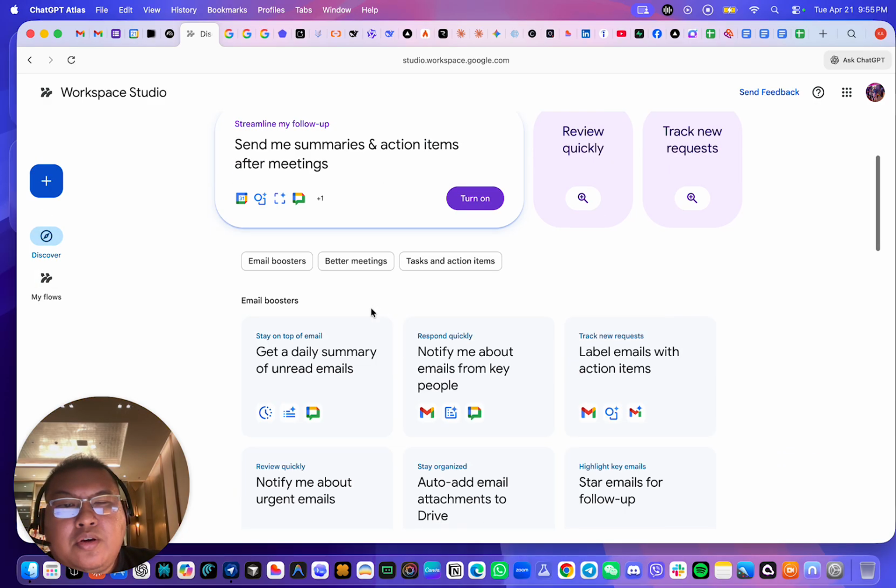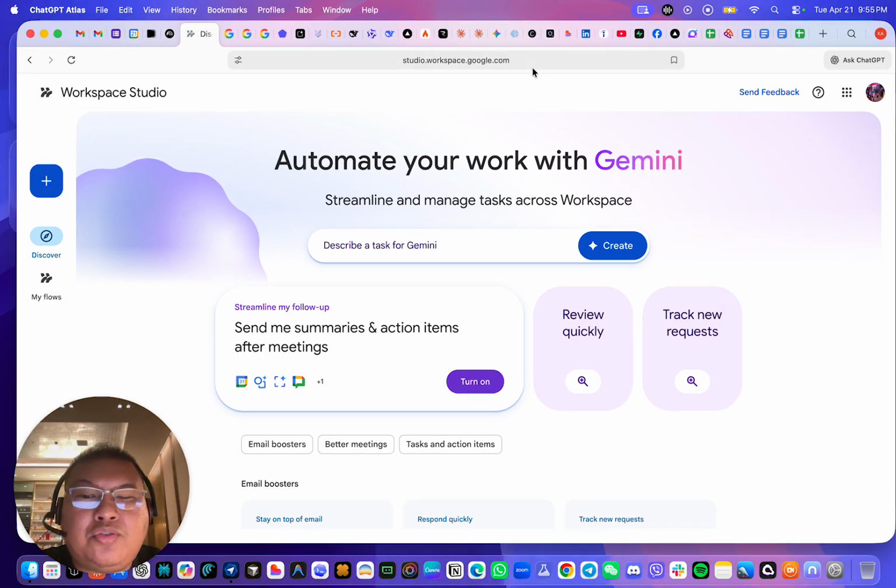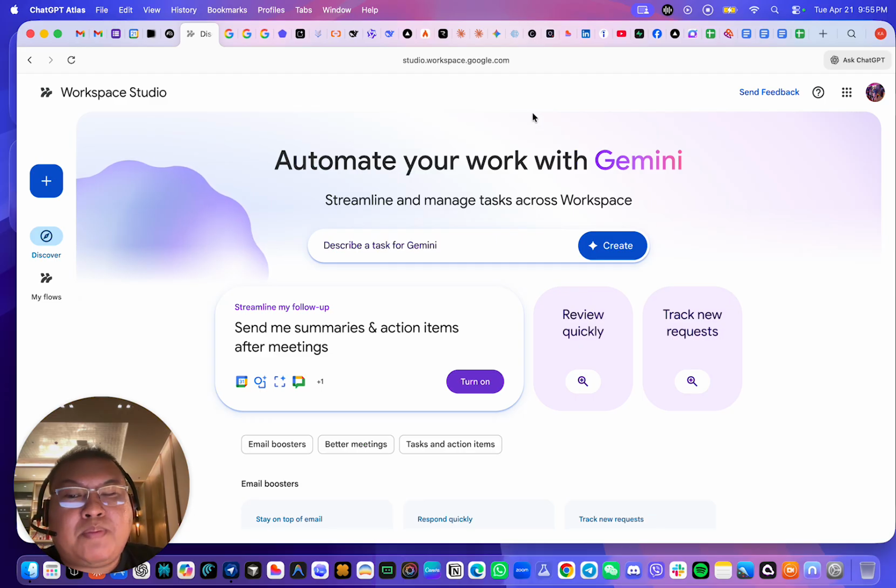Just to make sure, you have to make sure that you have access to Google Workspace and your administrator has enabled this add-on feature into your workspace, whether you're using a business or an enterprise, so that you can access